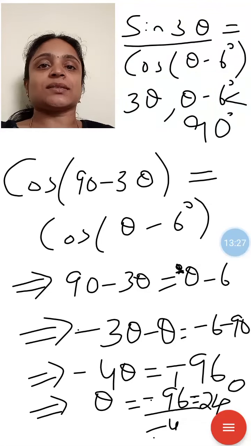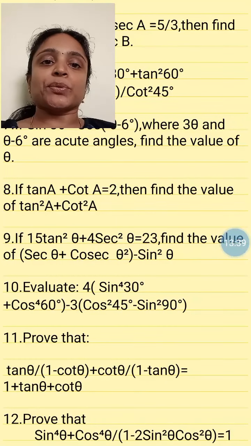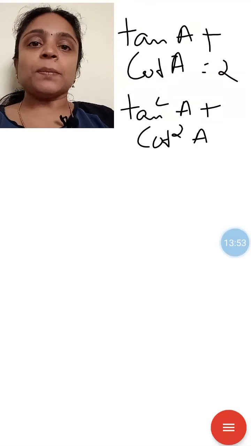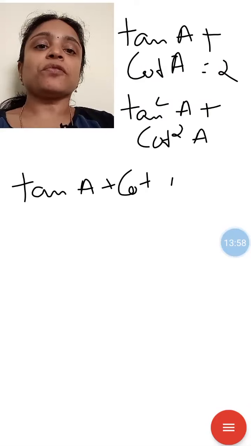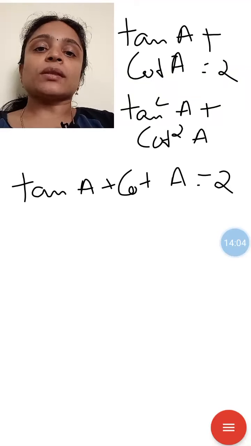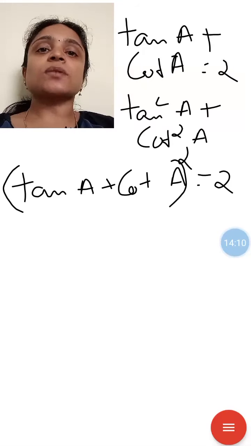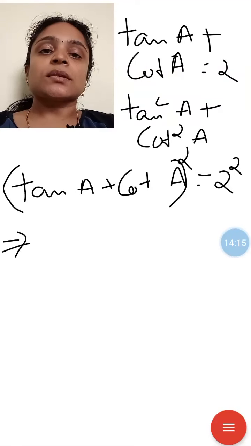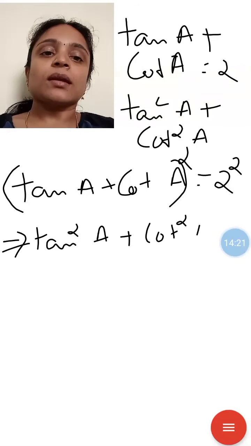Understood? 8th question. If tan A plus cot A equal to 2, then find the value of tan square A plus cot square A. We have to find the value of tan square A plus cot square A. So, we can square this. Tan A plus cot A whole square equal to 2 square, right? Which implies tan square A plus cot square A plus 2 tan A cot A